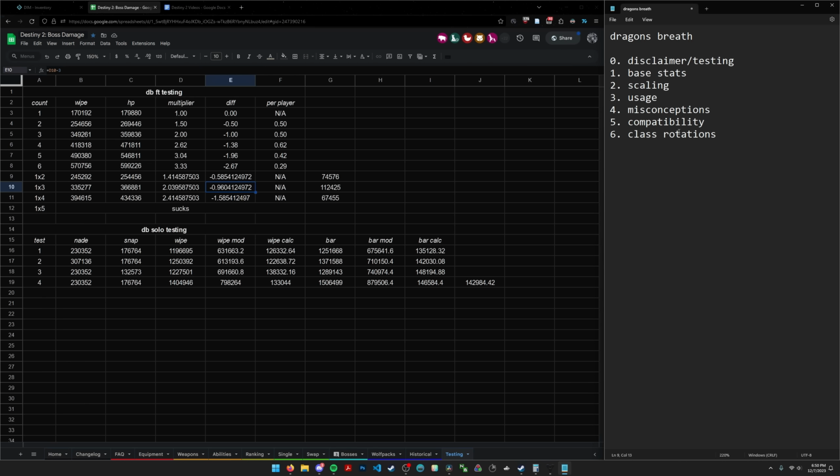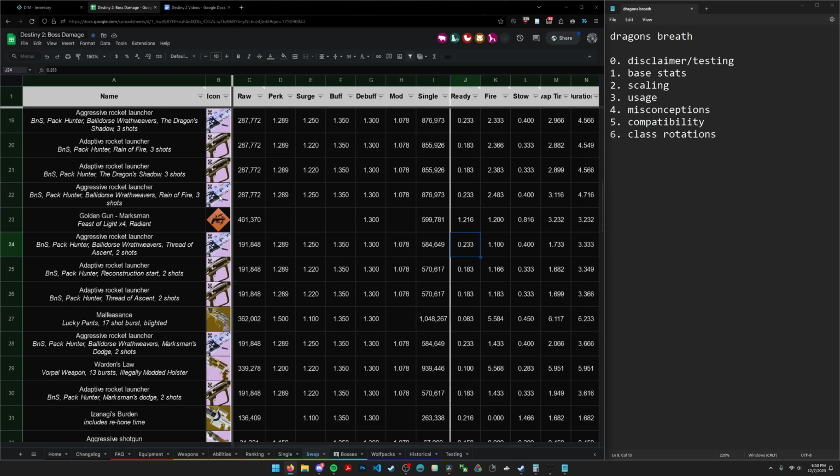Maybe you could shoot the rocket and then switch to some shotguns, do some lightweight shotgun swapping, switch back. Maybe you could shoot the rocket, do a Warden's Law mag, reload it, switch back, rocket's probably loaded, right? So there's a lot of stuff you can do here, and this is where the swap tab comes in handy,